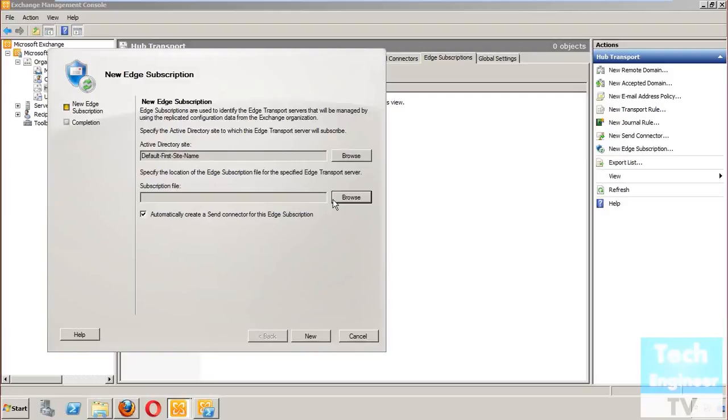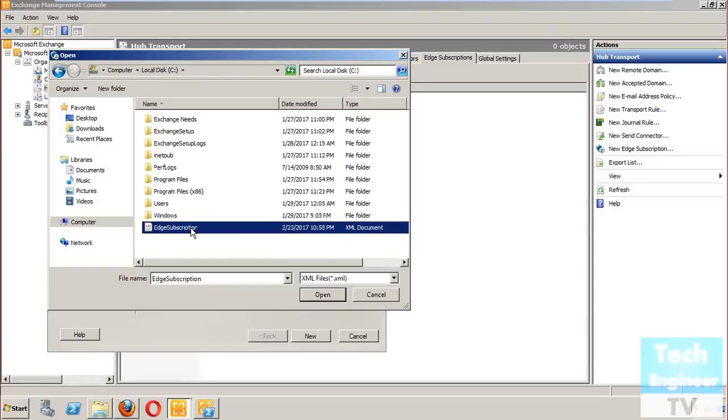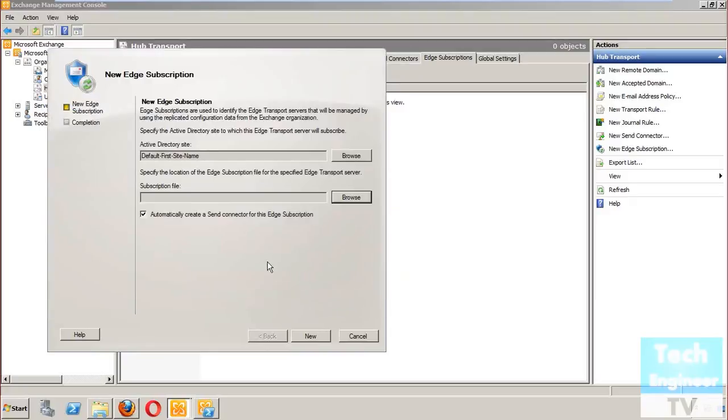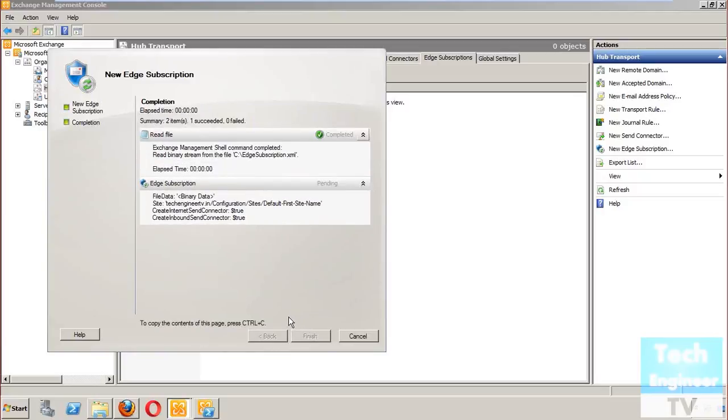Now for the subscription file, so that it will be quite easy for me to find the location, I simply click on the C drive and select the Edge subscription. Okay, it's already been selected. Now you can see it says it automatically creates a send connector for Edge subscription. It's already checked, and the read file is already done. Now the subscription will be created,